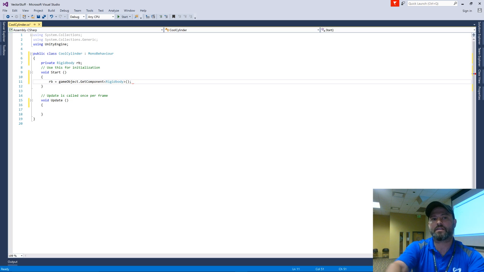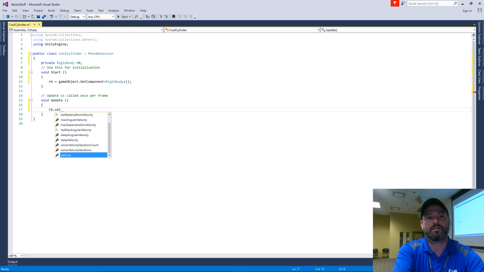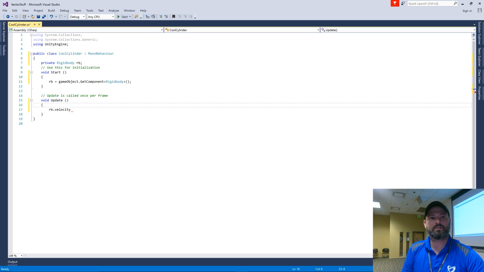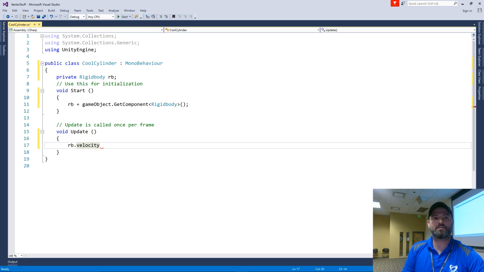So I'm not getting the velocity yet. All I'm doing is assigning that rigidbody to this variable I made so that I don't have to type this all the time. I could type this all the time to get it, but I'm just making a very simple thing that I can use all the time to do this, right? And so if I just did rb.velocity, I can't do that. It looks ugly, but maybe it'll help you guys.